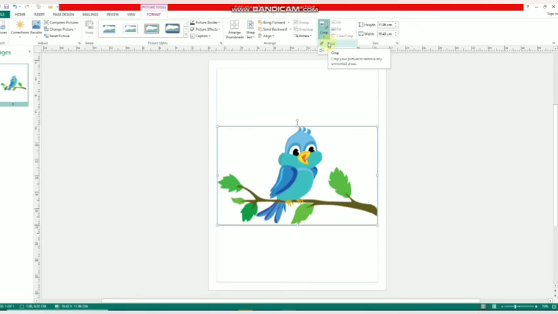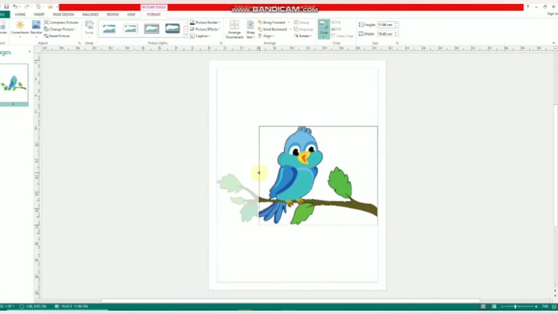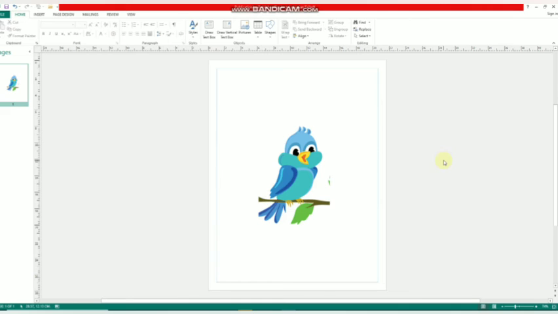If you want to crop simply, meaning in a rectangular shape, then click here and simply you can crop like this. This is in the rectangular shape. See here.